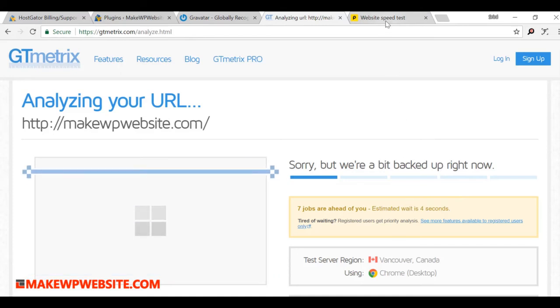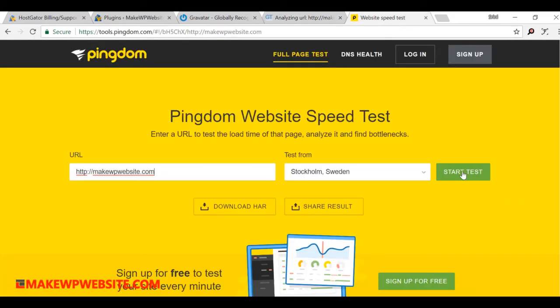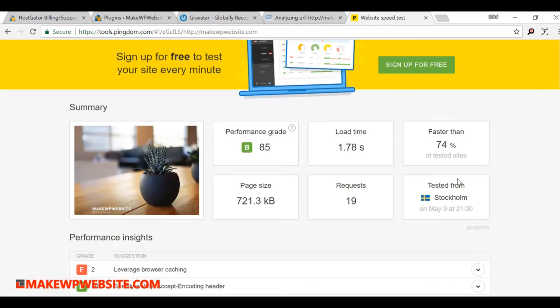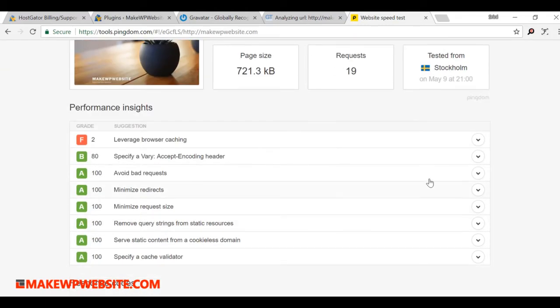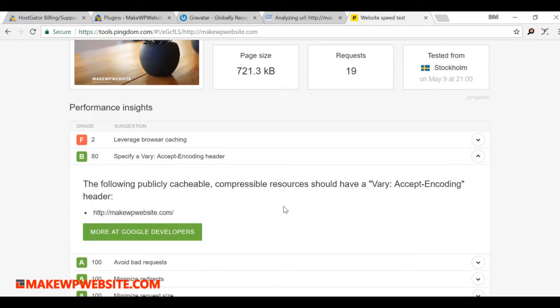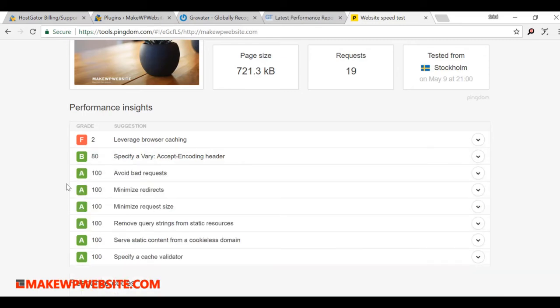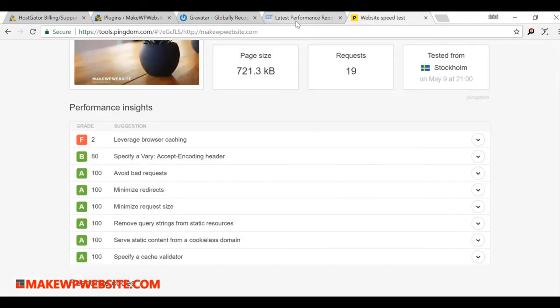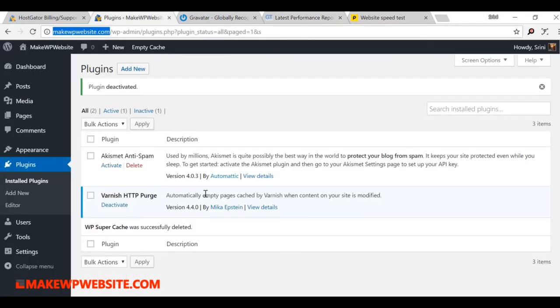There's some waiting time here. Let's go to Pingdom. So you see, you have a problem here, right? You have a Vary: Accept-Encoding issue. We'll fix this. We have deleted WP Super Cache, and we're going to add that, then you're going to get this back. Maybe it degraded the performance from the previous one just because we have deleted all the stuff. Maybe the good ones have also been deleted, but we'll keep adding them.